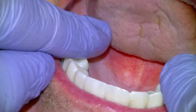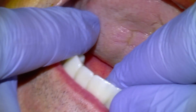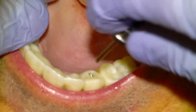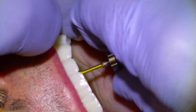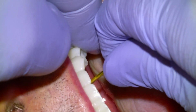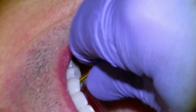We will basically remove the healing caps, which I was doing initially during the starting footage of the video, and then we'll just screw the fixation screws into the 5 implants. I'll use this little finger driver first to tighten them all down to finger tightness before taking them down to spec with the torque wrench. So the next few minutes is just going to be